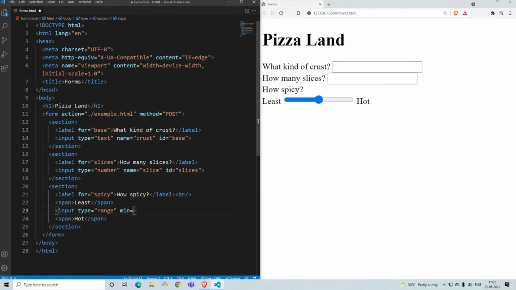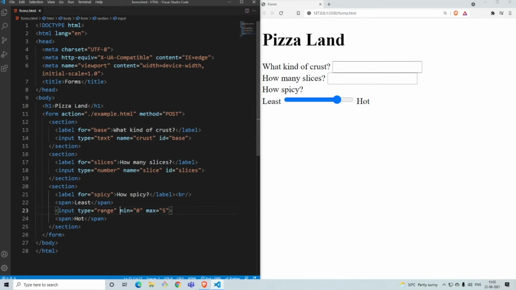So the min, we'll keep it to be 0, and the max to be 5. Once you save it, it moves only 1. It's easier to see. Okay, this is 0, 1, 2, 3, 4 and 5. So it's easy to see.